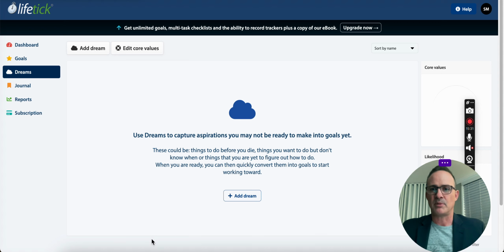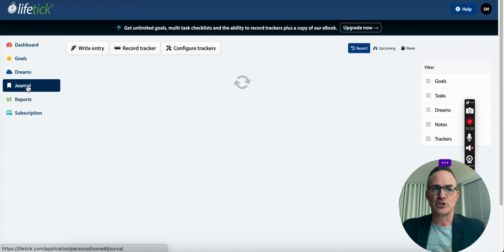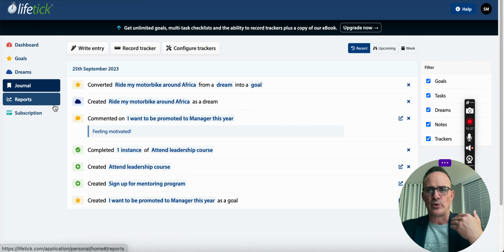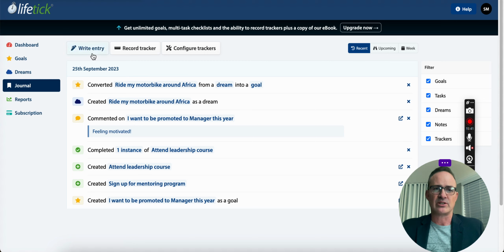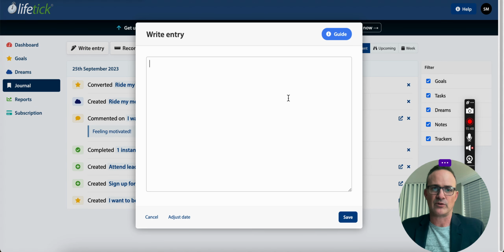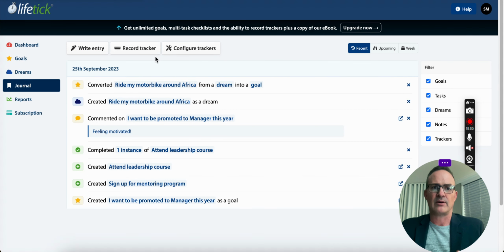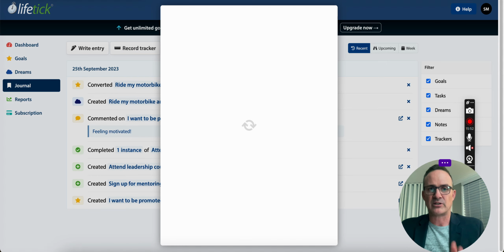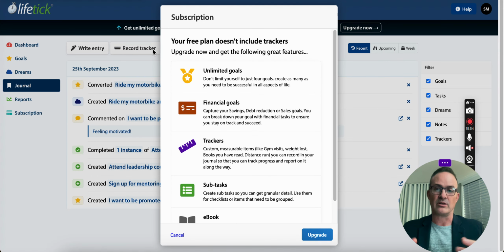Now, to wrap it up, I want to show a couple more things. I want to talk about the journal. As I mentioned, you have your goal activity that's being written to the journal. You can see that also there's the ability to write a journal entry. So in other words, you're writing in your diary. Fantastic, very straightforward. And we also have trackers. I'm going to talk about trackers in the premium version. It's not available in the free account, but certainly writing simple journal entries is available, and strongly encourage it, because